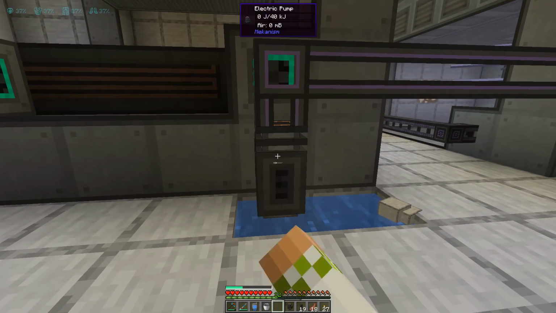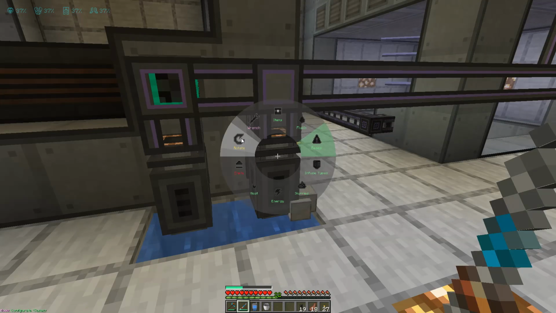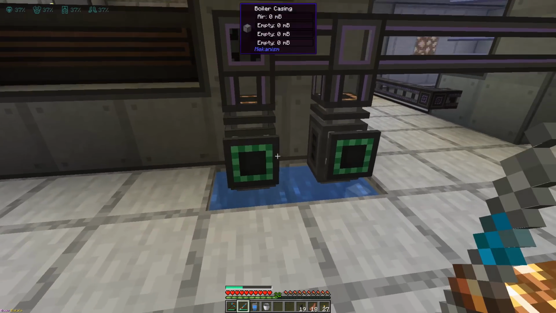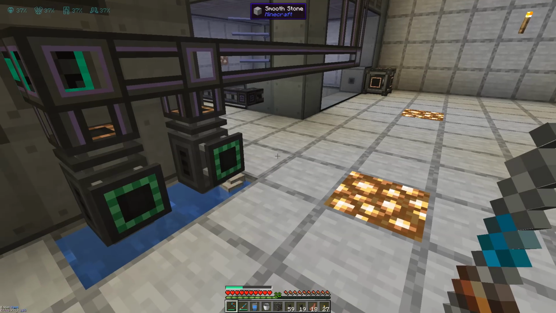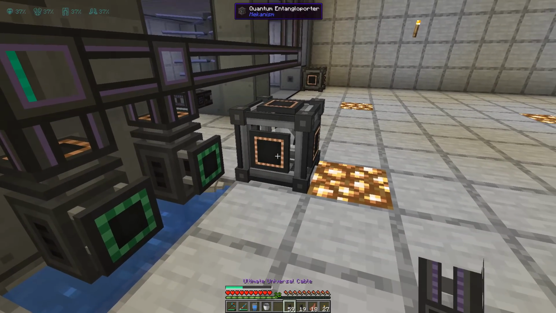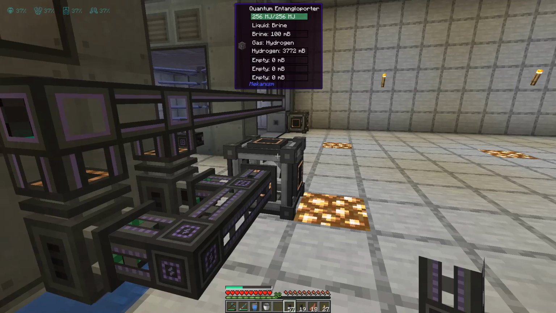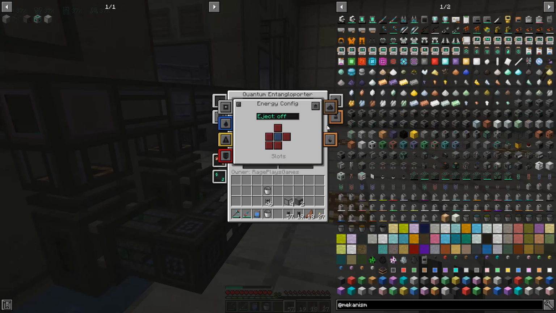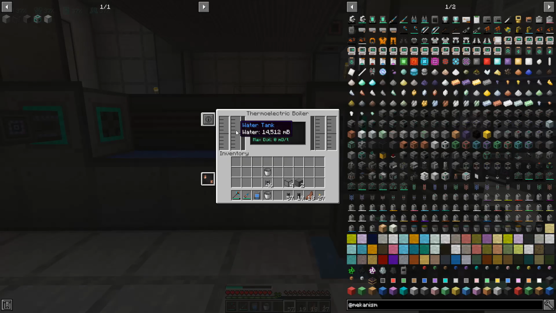And put these right like that. And then we're going to have to spin them around so that we can actually plug these in. And then let's get out our universal cable, quantum entangloporter, put that bad boy down right here, and give us some power. And we need to obviously set it to be outputting and auto eject. And there we go. So we should be getting water going in here,